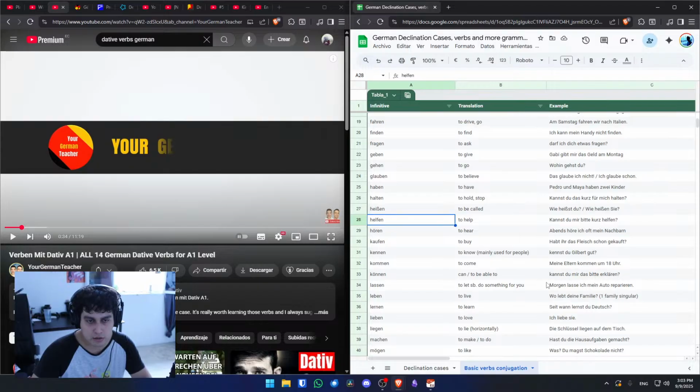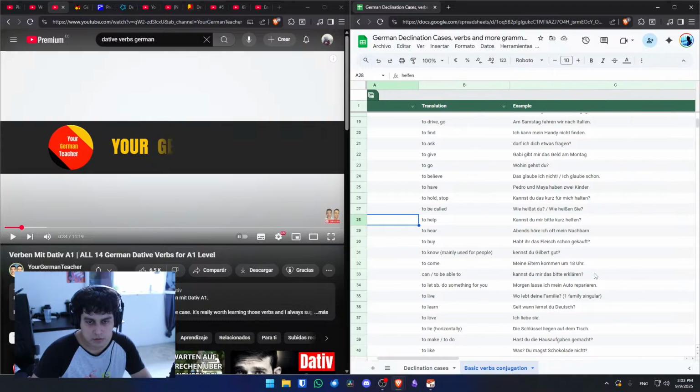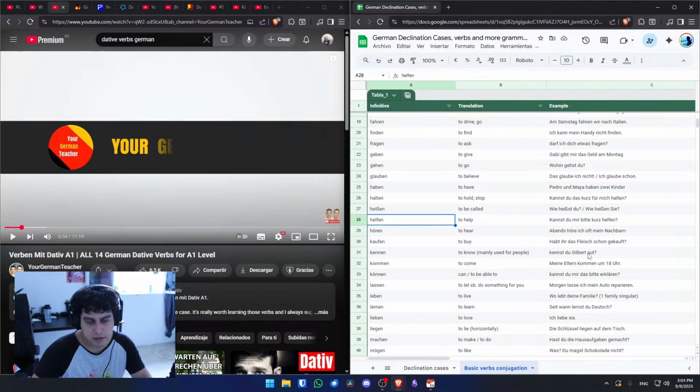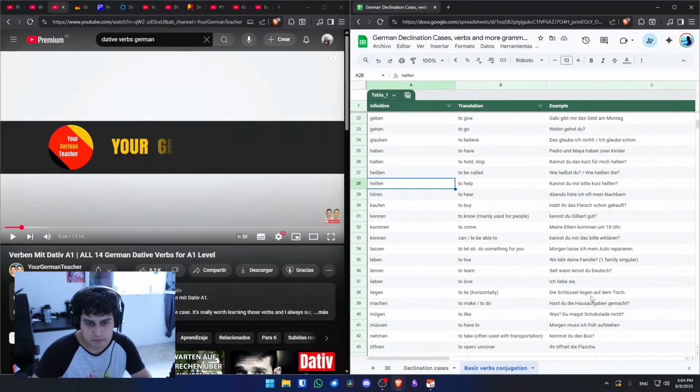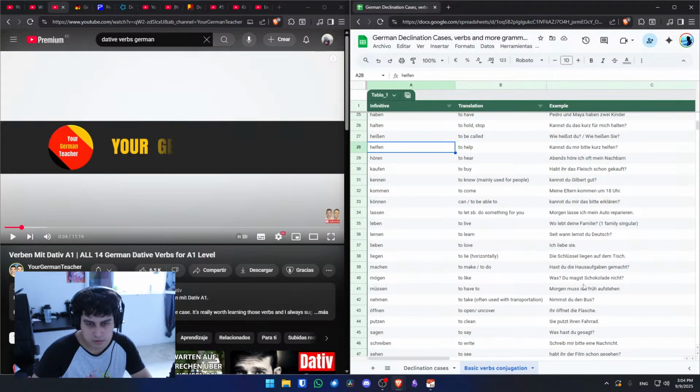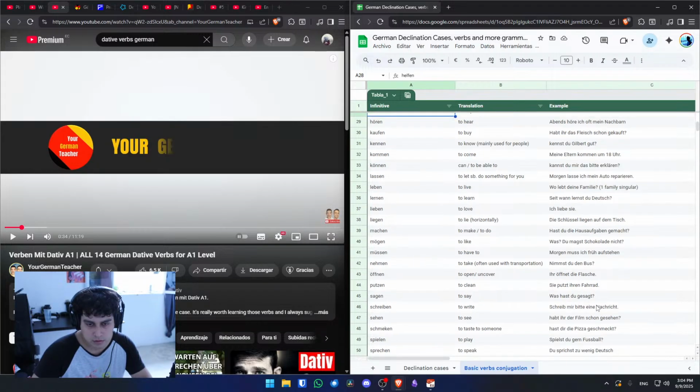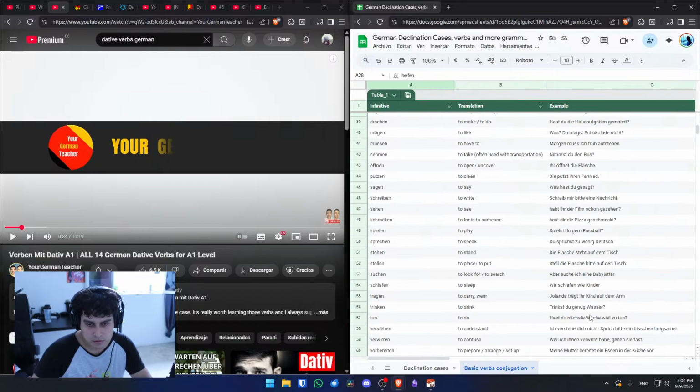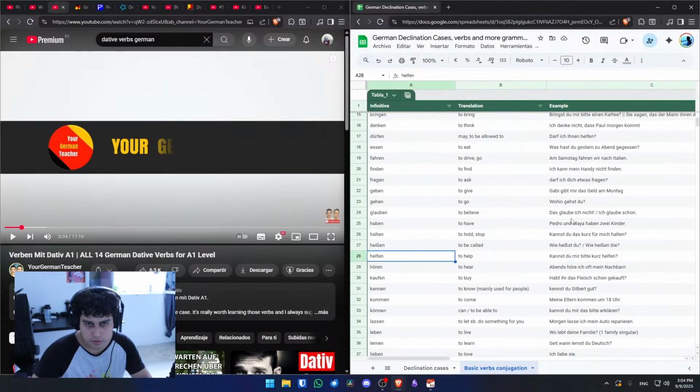Now, erklären is also... yeah, helfen makes sense. The conjugation is like that, but there is another example. I don't know where it is. Mm, I don't find it.